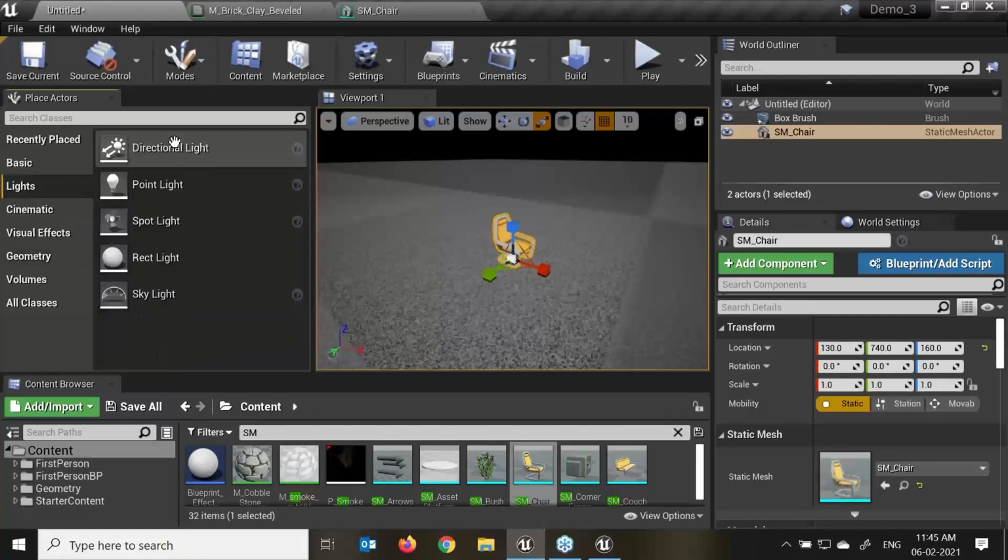Now first I'll draw a directional light. First I'll explain what the types are. In Unreal 4, there are different types available: directional light, point light, spotlight, rectangle light, and the skylight. Directional lights are primarily used for outdoor light, or any light that needs to appear as if it is casting light from an extreme, near-infinite distance. Point light, we can say, is like the classic light bulb, emitting light into all directions from a single point.